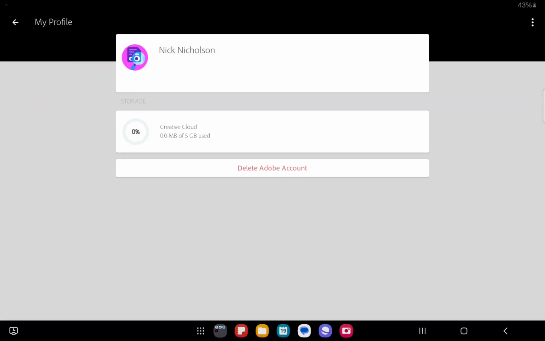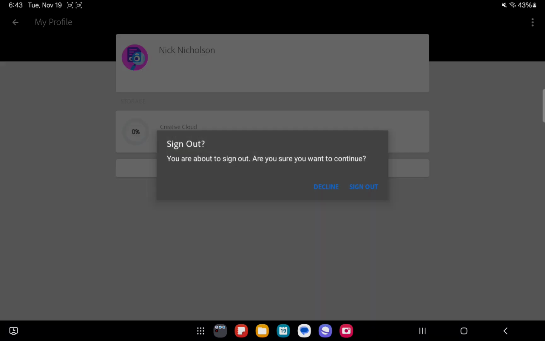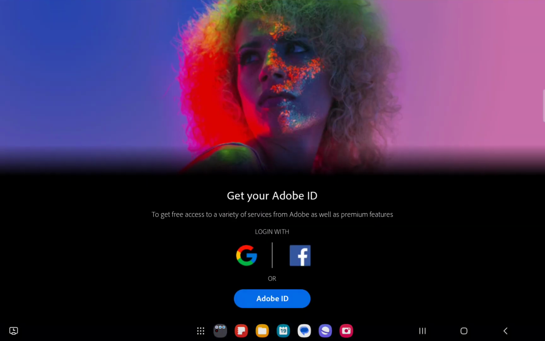And once that is done, you can just look in the top of your right corner, there you will find three dots, press on that as well, and here you can just press on sign out, and you can just press on sign out once again. And after that you will be signed out instantly,